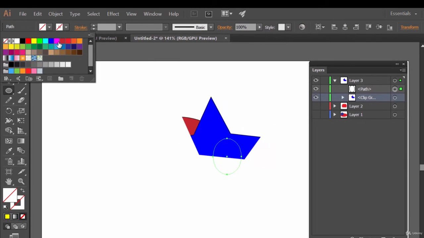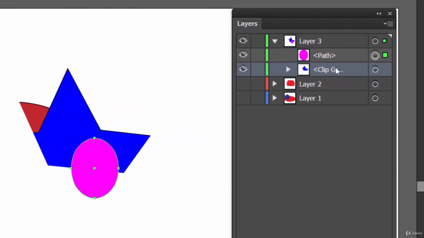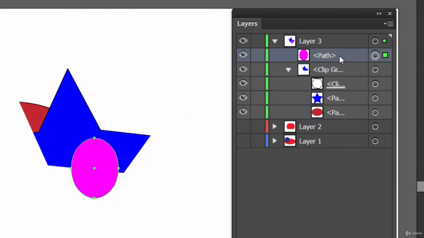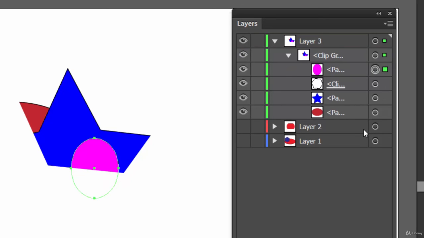Let's make its color like this. And we can see this because it's created outside this clip group. Now, let's drag it above this clipping mask and see there is an underline here.